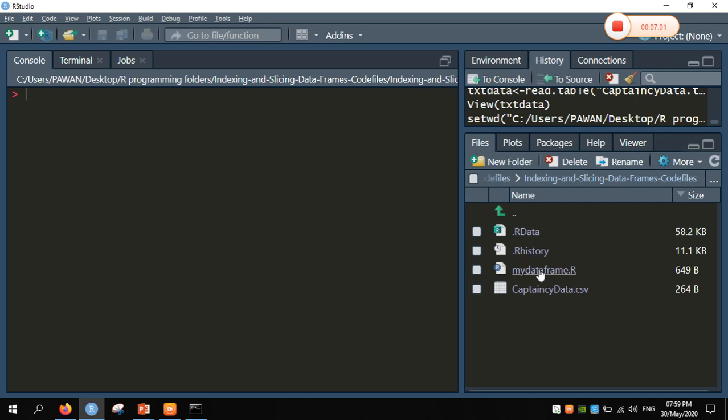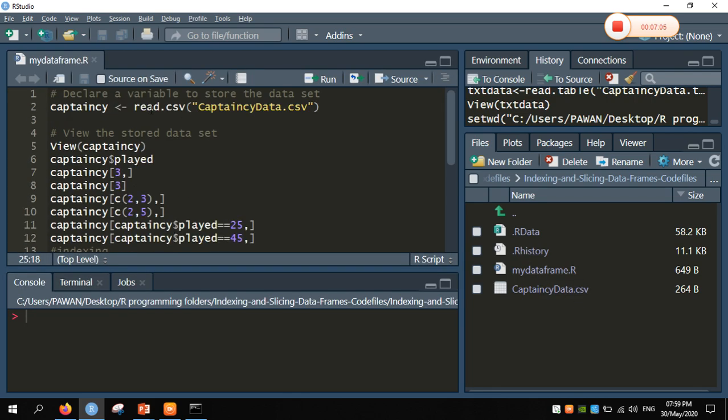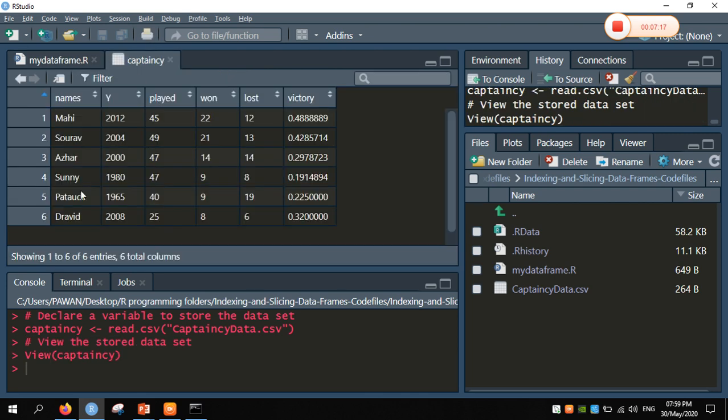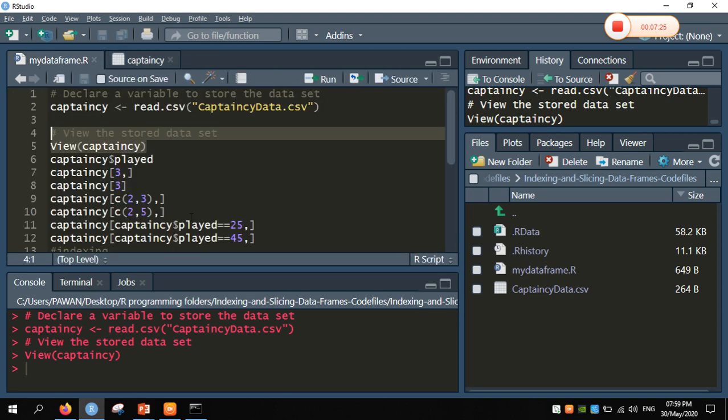Now I am going to open my dataframe.r script file. So first I am going to read a CSV file, captaincy_data.csv, into captaincy. Now I am going to view the stored data set, which contains the names and year and played, won, lost, as well as victory, the same data which we have previously taken.